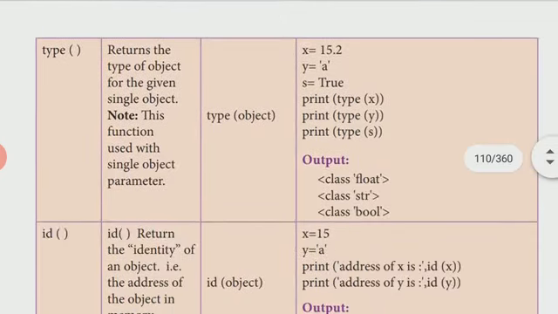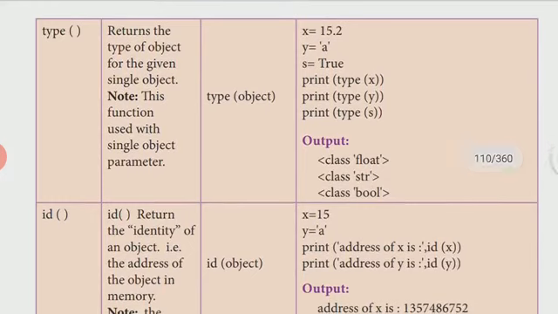The next one is type. That is which type of data we gave. That type will be displayed, for example number, string, boolean, like that. See here, type of object. In this example, they gave x equal to 15.2, which is a float. y equal to a, that is a string. s equal to true, true or false, it is a boolean value.